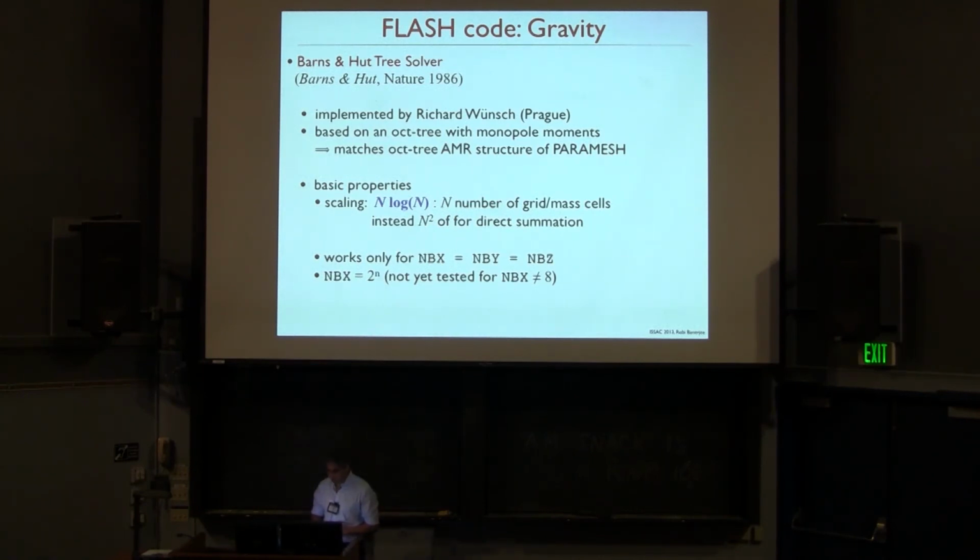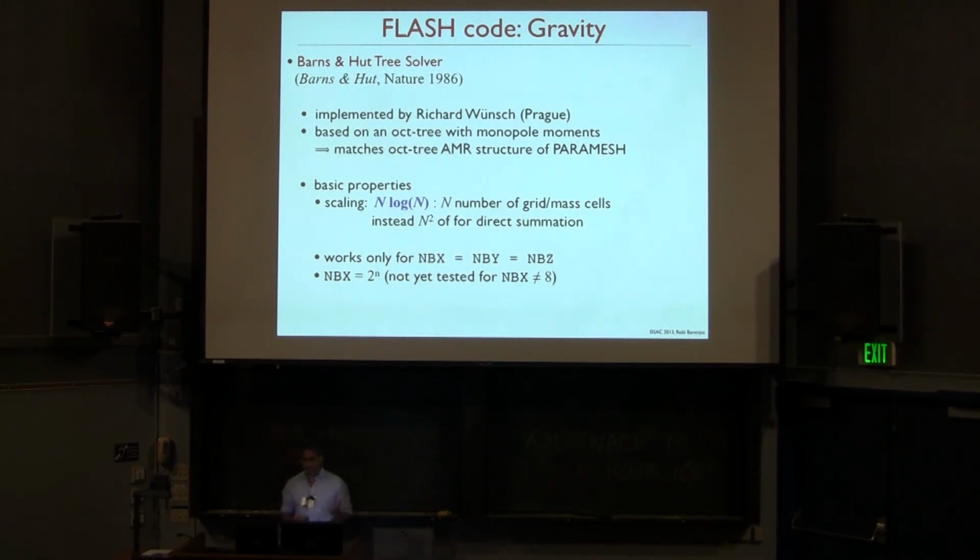And so it's called the tree solver. It's based on an octree distribution, and this matches fairly well, of course, with the block-based AMR structure of the Flash code. That's why it is easy to implement this particular algorithm in the Flash code, and it should scale as n log n. In this respect, n means just the number of grid points, essentially the number of mass elements you have,